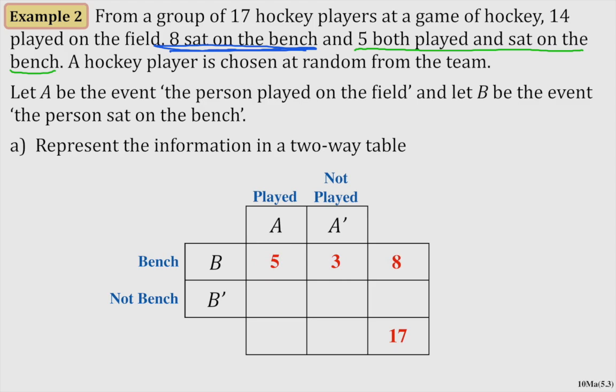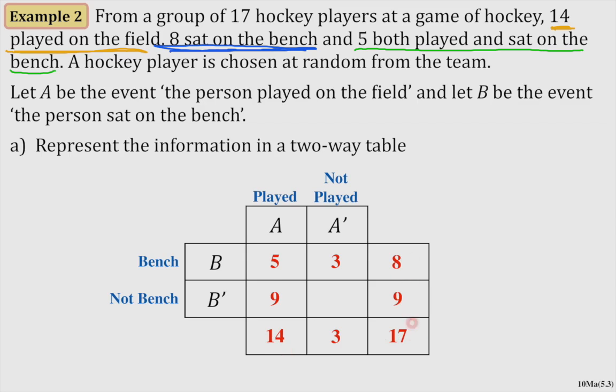Now we're going to look at this part. 14 played on the field. If 14 played on the field, this is playing on the field, this column here. I've already got 5 that have played on the field. 5 plus 9 is 14, and 5 and 9 do add to give 14, so that represents all of the people that played on the field. Now I know there's a grand total of 17, so 14 and 3 makes 17, and 8 and 9